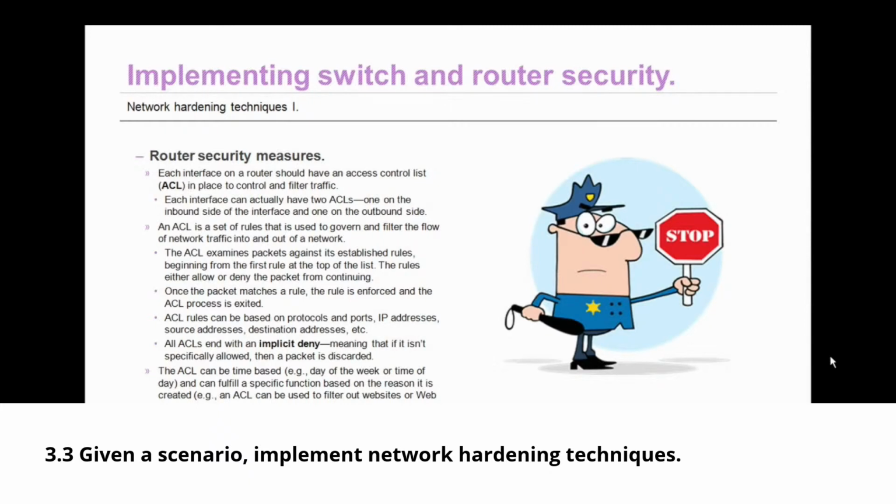ACL rules can be based on protocols and ports, IP addresses, source addresses, destination addresses, etc. All ACLs end with an implicit deny statement, meaning that if it isn't specifically allowed, then the packet is discarded. The ACL can be time-based, as in day of the week or time of day, and it can fulfill a specific function based on the reason that it is created,